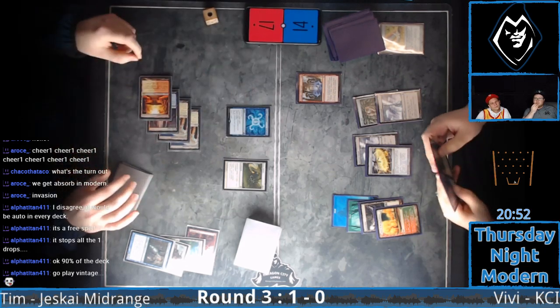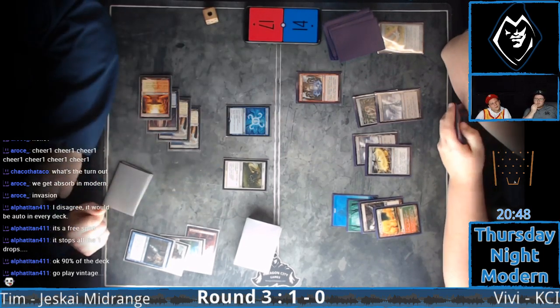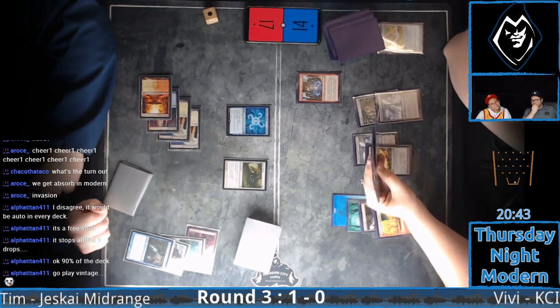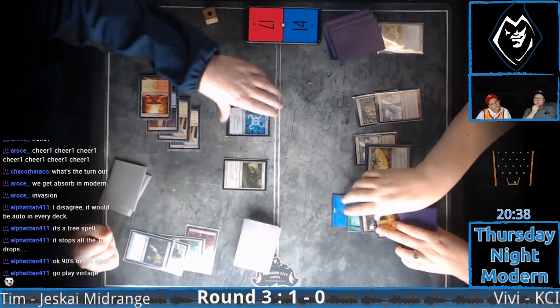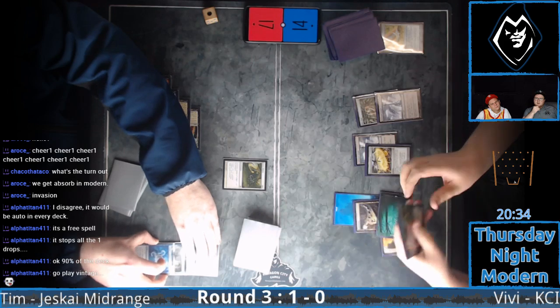All right, 4 mana. Cryptic Command. What are we doing with this? We're going to bounce the Aether Grid. Okay. And draw. Yep, she's going to let that happen. Yeah. So, I think Vivi's going to try to cast this again. And then,